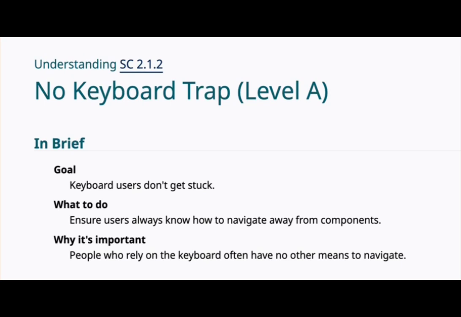Now, using just the keyboard and moving around on a website or a document or any other asset is of crucial importance with accessibility, because there are a lot of people who cannot use a mouse or cannot use other ways of traversing a website, maybe because of a permanent or a temporary disability. So, being able to move and traverse a website by just using the keyboard is a very essential